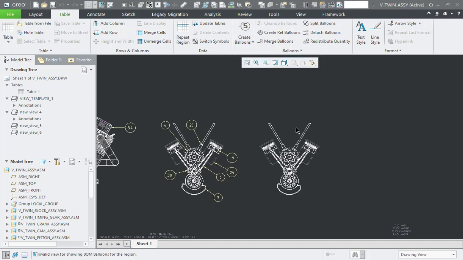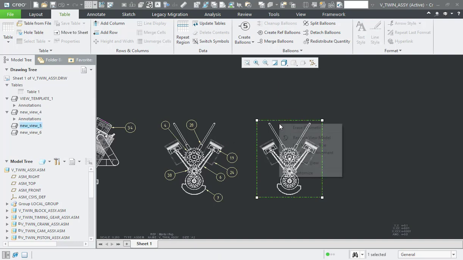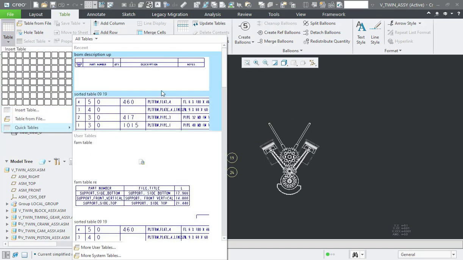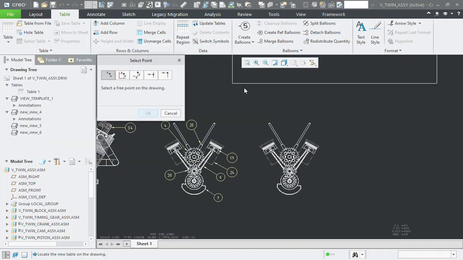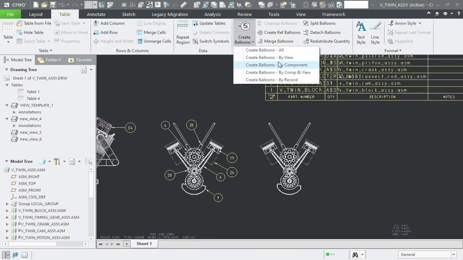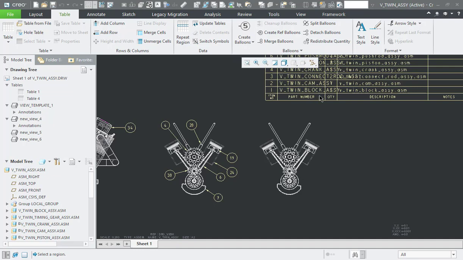This will not allow us to use the item numbers or quantity from the master BOM table. Model wrap works like a subset of the assembly that records the BOM information separately. So if you have to place the balloons in the model wrap view, you have to ensure you create a new BOM table defined using the same wrap. Most probably you don't want to struggle with an unnecessary BOM table and try to make it consistent with the master BOM table. This way the model wrap is not the right option for us in such cases.